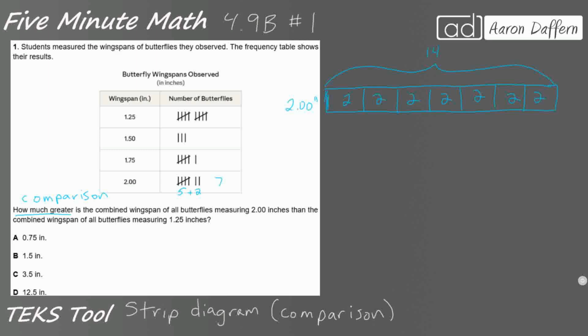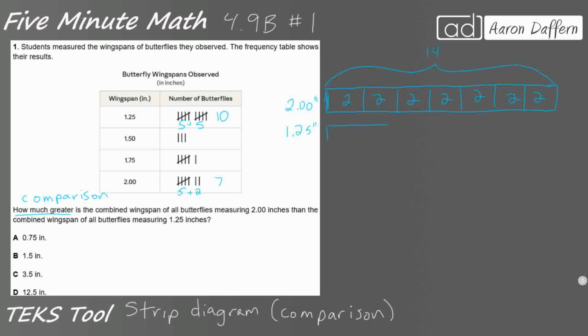Now, the other one's going to be a little bit trickier. We've got the combined wingspan of all the butterflies that are 1.25. Now, look, there's more of them. But just because there's more doesn't mean that that's going to be the greater quantity, because even though there are more, so this is 5, this is 5, right? So that's going to make 10. They're each only 1.25 or 1 and 25 hundredths. That's a lot less. So I'm going to kind of draw a second strip diagram,